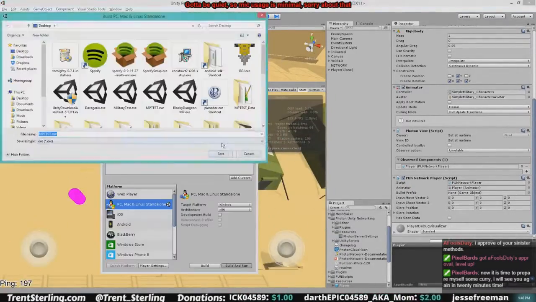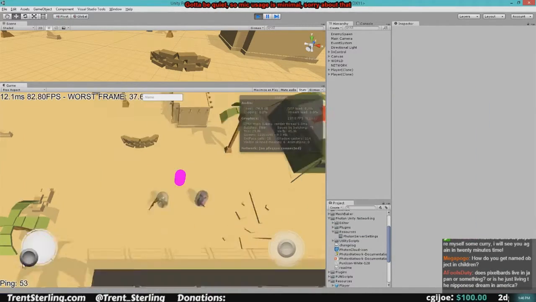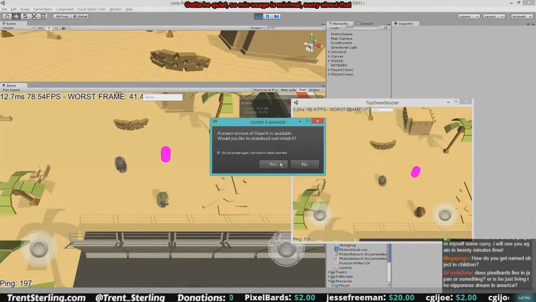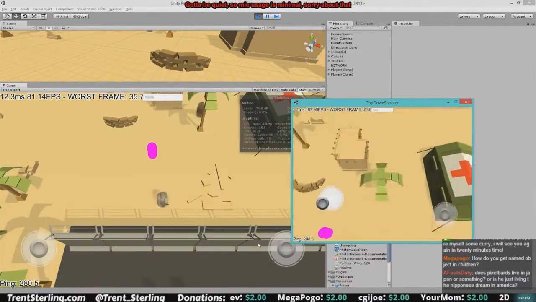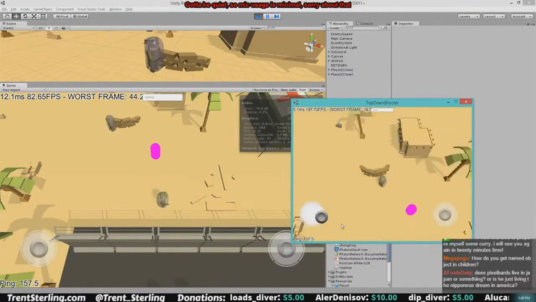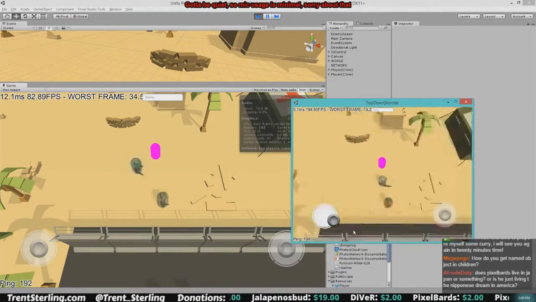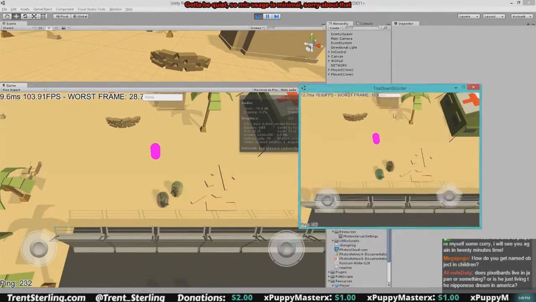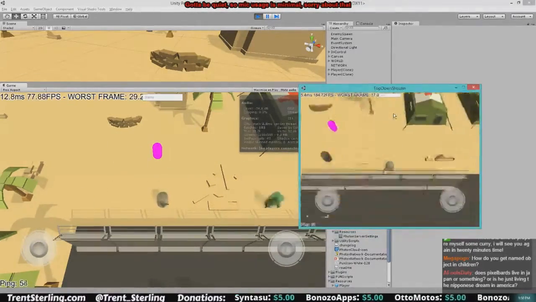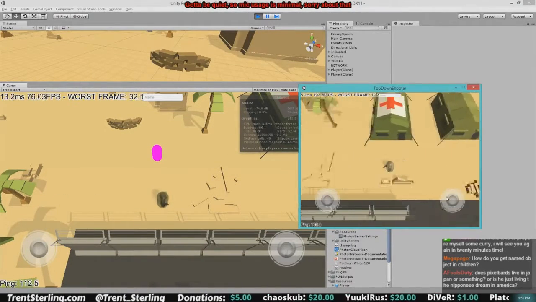Photon masks it. It abstracts all that away and makes a really easy API to use, so that you can say, hey, I want this client to own this game object, and then suddenly he has control of all the properties, parameters, position, velocity, all that stuff. While that does open the door to cheating, in a cooperative game it's not such a big deal. And you generally want to own the objects that you drive, otherwise